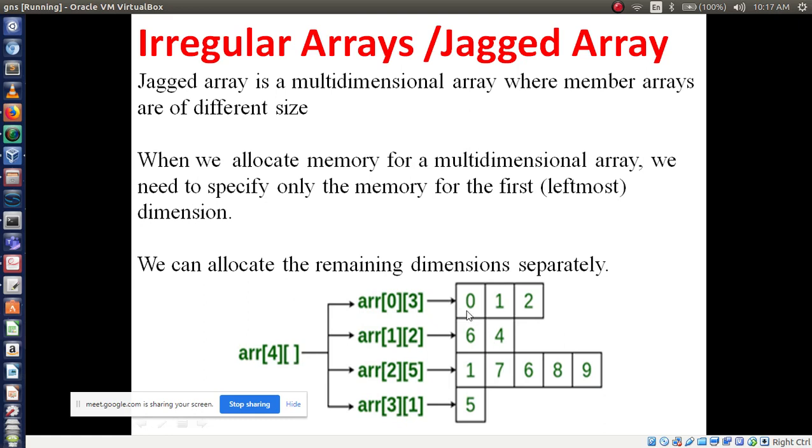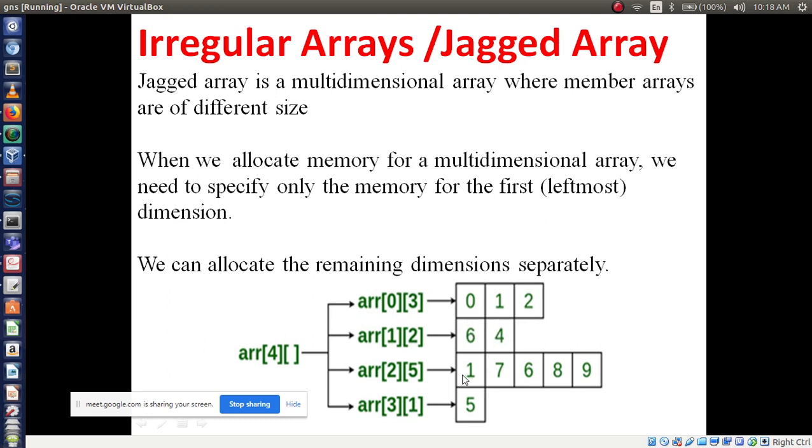Here see, in the first array, the 0th row: how many columns do we have? 3 columns. In the first row, 2 columns we have.